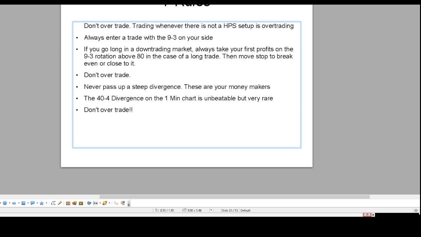Don't overtrade. That is the killer for all traders out there, is overtrading. And I can't stress that enough, that I put it down 3 times as 3 of the 7 top rules of being successful trading your own account or a prop account. The less time you're in the markets, the less time you're in a trade, the less chance the market has of beating you down and taking your money, because that's what it's going to do.